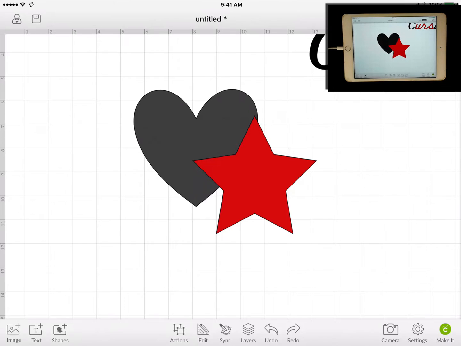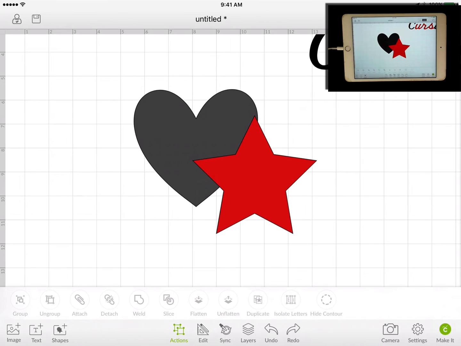So if you're looking to weld things in the iOS app, it is under the Actions menu. Every single lesson from this group will be under the Actions menu, and that is where weld is found. So right here, I'm going to go ahead and click on that. And when you're welding things, what a weld will do, it will fuse the two shapes together as if they